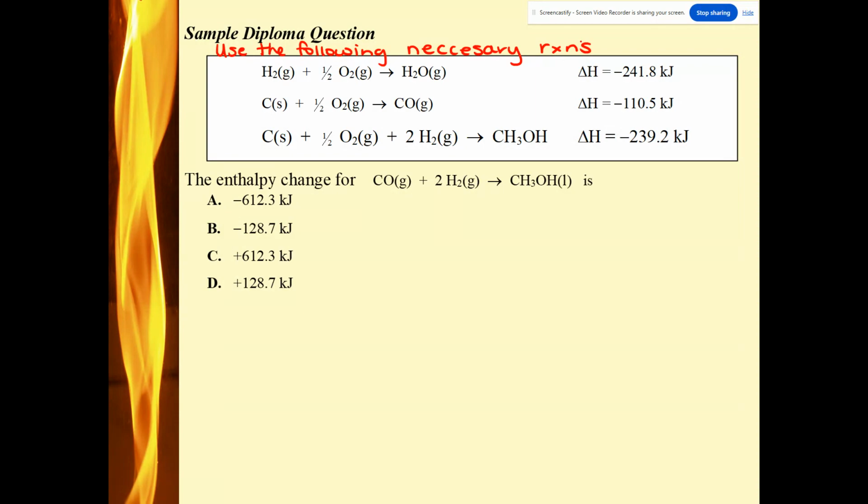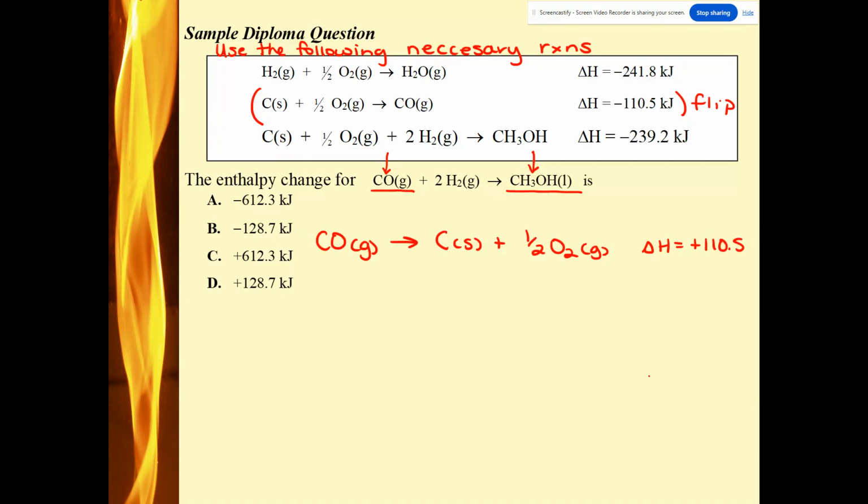So like I said, when I have a reaction that has multiple compounds, I'm just going to focus on the compounds. Find the reactions that have those compounds. I only have 2 compounds, so I'm only going to start using 2 reactions. This reaction has my CO, but I need to flip it so that my CO can be a reactant, making carbon solid and 1/2 O2, and my delta H becomes positive